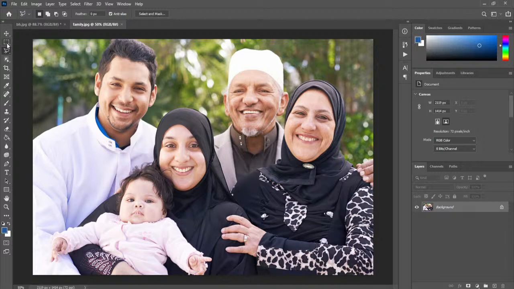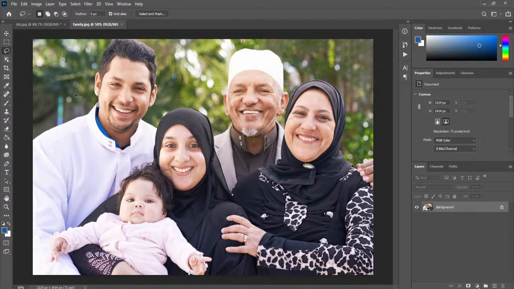Now, you know that to select with shapes, you can choose these marquee tools, but you will only be able to select in a shape form. But what if you want to create your own shape? Then you use these tools. The first tool is the lasso tool, which is a freehand drawing tool. Suppose I want to select the eye of this